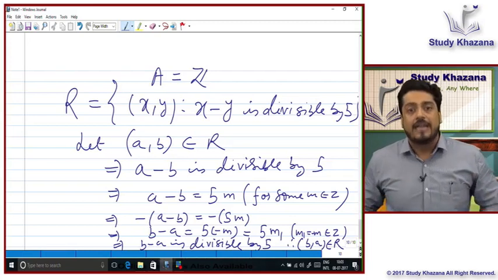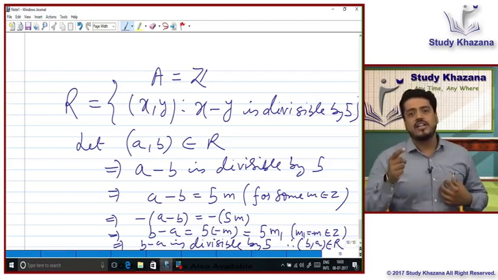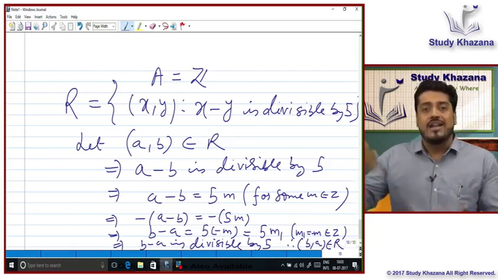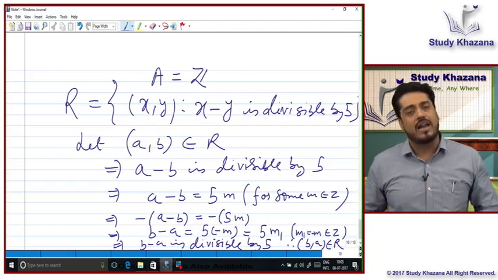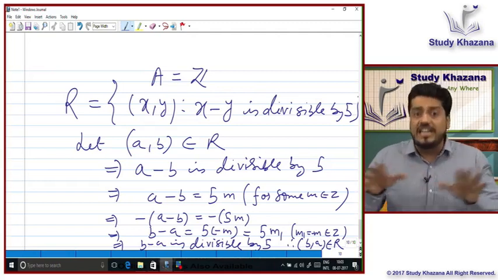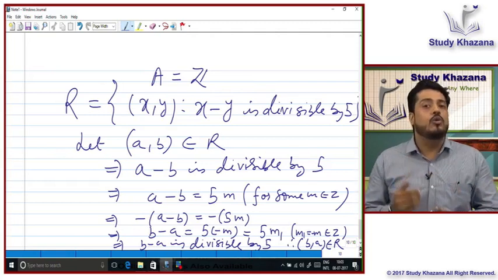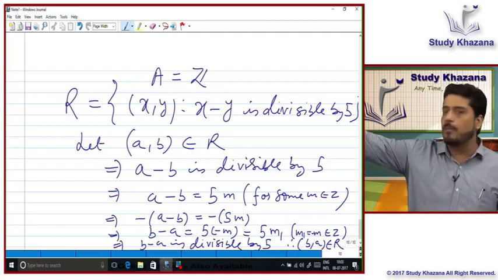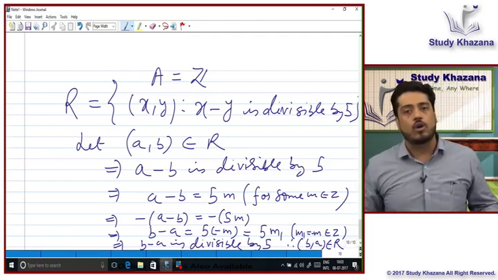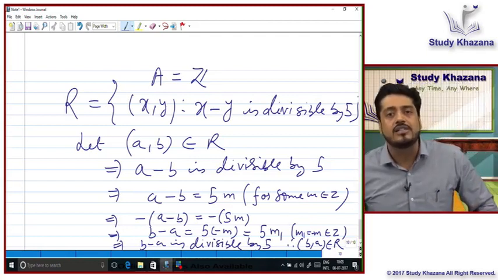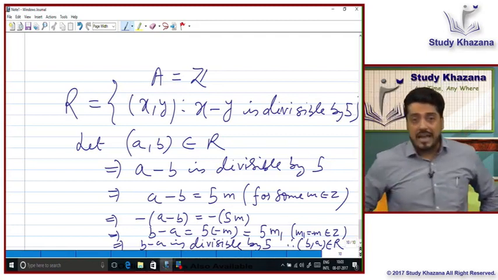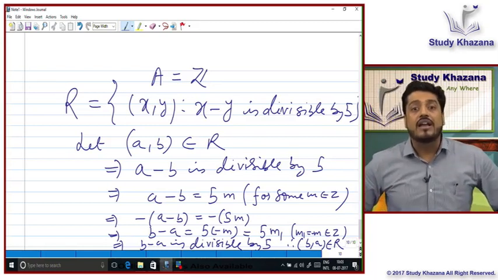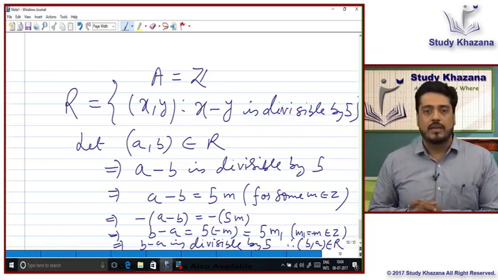Then I come to the symmetry part, that is when a relation is said to be symmetric. A relation is said to be symmetric whenever A, B belongs to R, then the reverse tuple B, A should also belong to R, and this property should be there for each and every pair A, B. That means if I want to disprove that a relation is symmetric, I produce one counterexample. See, here A comma B belongs to R, but the reverse tuple B, A is not a member of R, therefore we declare the relation is not symmetric. Now we come to the last important type of relation, that is called transitive relation. When a relation is transitive, I am going to explain now.